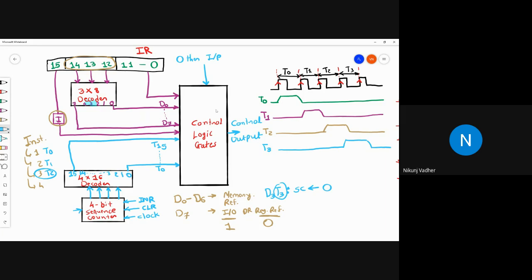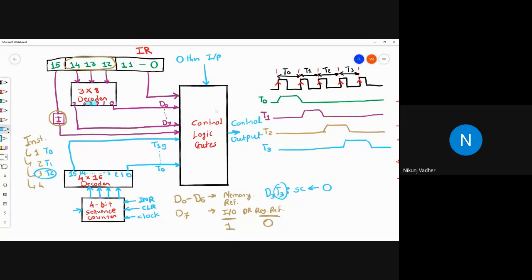Here you can see we have 3 inputs: increment, clear, and clock. Clock is for maintaining synchronization, INR is for generating the next timing signal, and clear is for resetting the timing signal to T0 once the execution of the instruction is done.